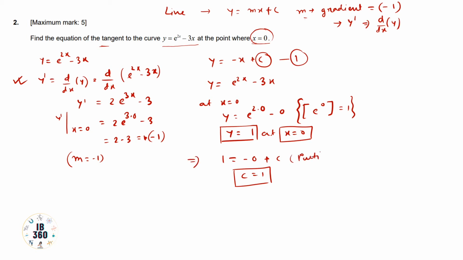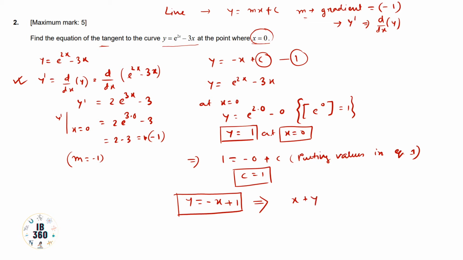Putting values in equation 1, we have c equals 1. Now we write this equation in a simpler form: y equals minus x plus 1, where the value of c is 1. This is the equation of the tangent line at x equals 0, or we can simplify this to be